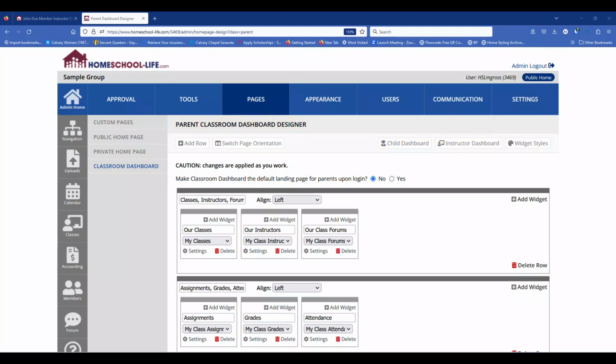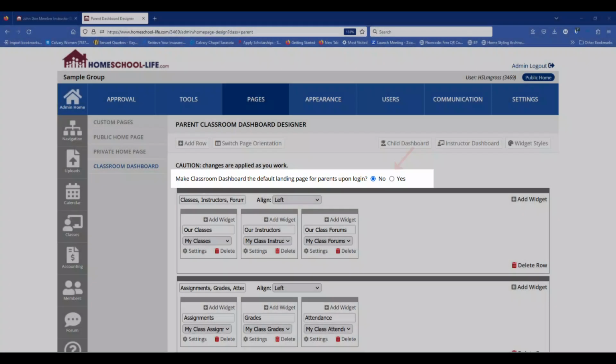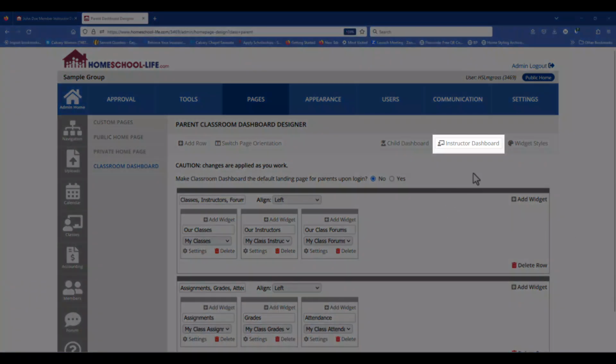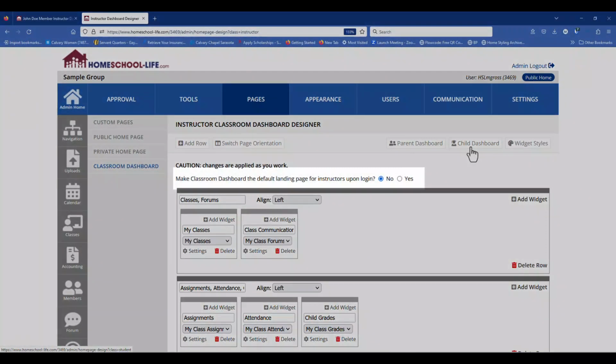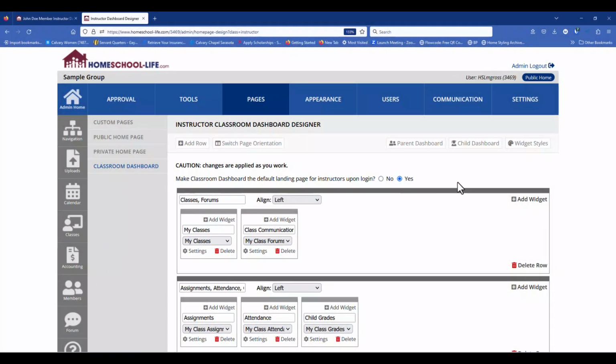members. When a member logs on, the landing page defaulted is the home page of your website. If you would like to make the Classroom Dashboard the default landing page for either the parents, the child, or the instructor, you can toggle it by clicking on the Yes button here. So let's do that for our Instructor Dashboard. Let's navigate to the Instructor Dashboard by clicking here. And then let's toggle the landing page for the Classroom Dashboard by clicking on Yes. Now when the instructor logs into the member's website, they will be taken directly to the Classroom Dashboard as their